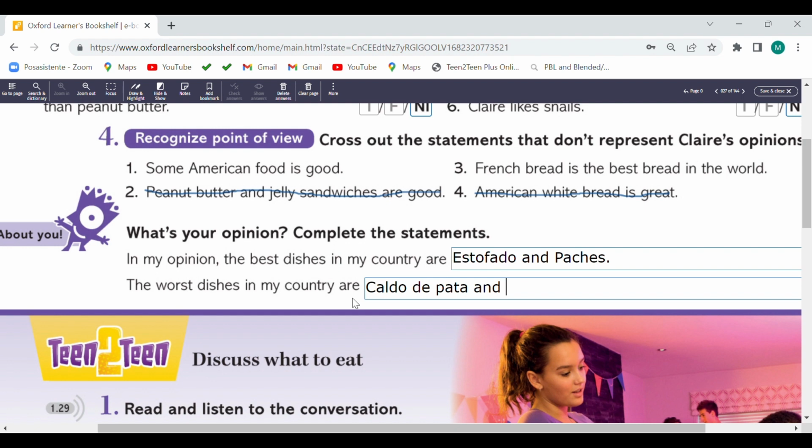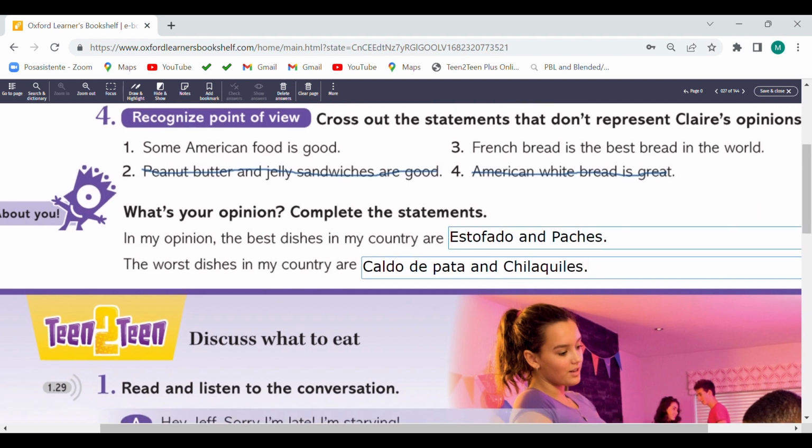I don't know. Por ejemplo, chilaquiles. Aquí en nuestro país es diferente, ¿verdad? Que en Estados Unidos. No, porque en México ahora.